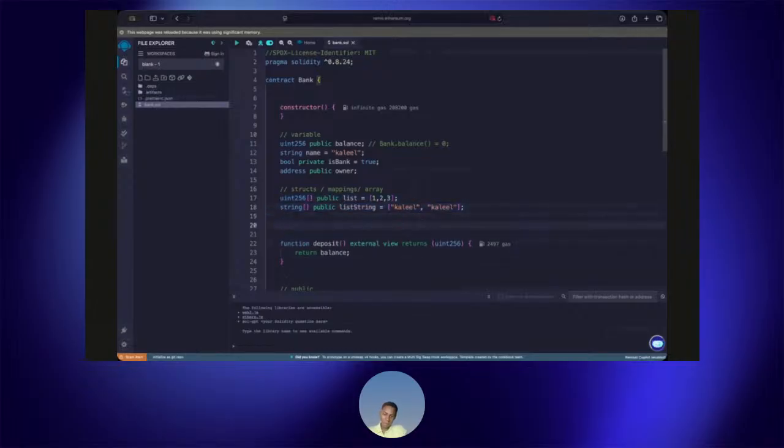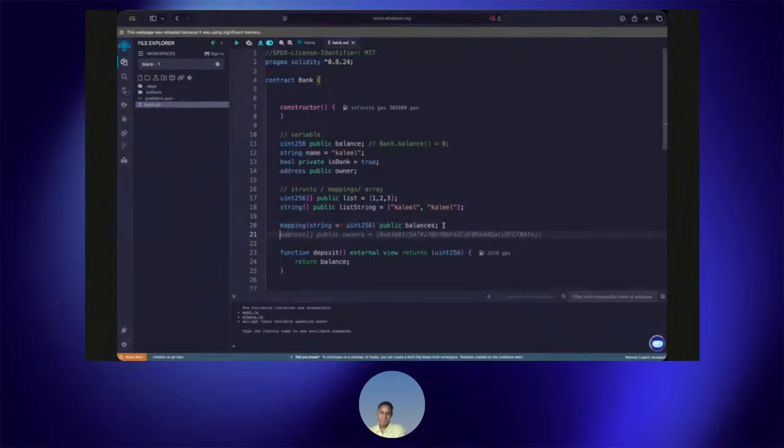And then we have mapping, which allows you to store, it's kind of like an array. Just to explain how you declare a mapping, you have the string pointing to a uint256.